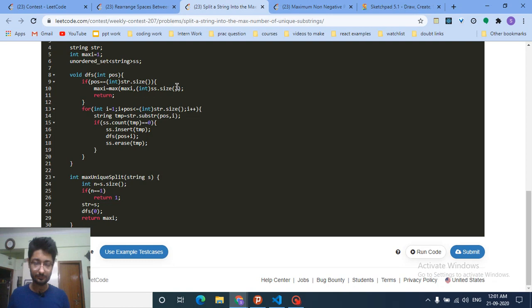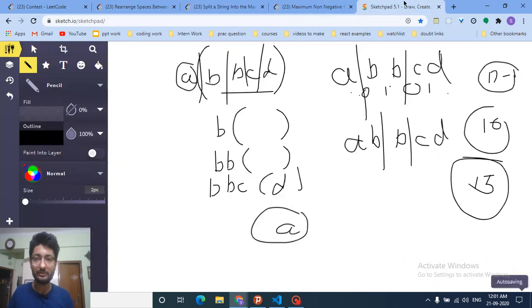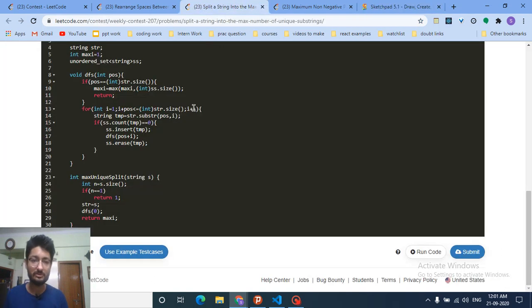Else if it is not maximum, we will iterate over all the possible lengths. So what we are actually doing here is we can take a substring of length 1, substring of length 2, substring of length 3, 4, 5, whatever you want, and if you take a substring of length 2, then again do a recursive call over this substring. Iterate over all the possible lengths, take out this substring and check whether this substring is present in the set.